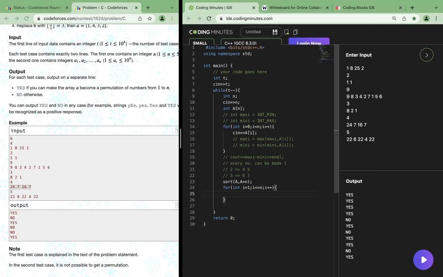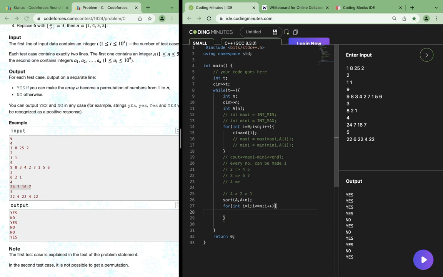So since we have sorted it, essentially larger numbers can make more numbers, right? So 4 can be converted into, so let's not do it here. So 4 can be converted into 2, and then 2 can be converted into 1, right? So 4 can be converted into two numbers, right? Huh,